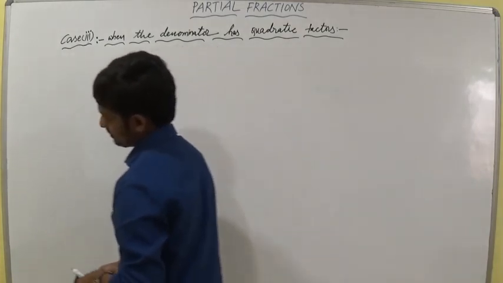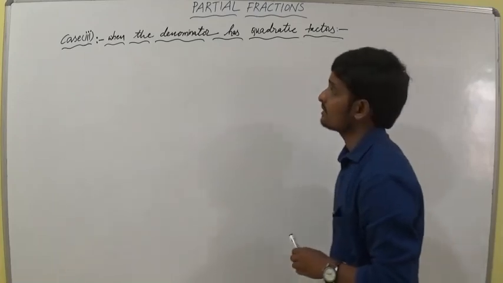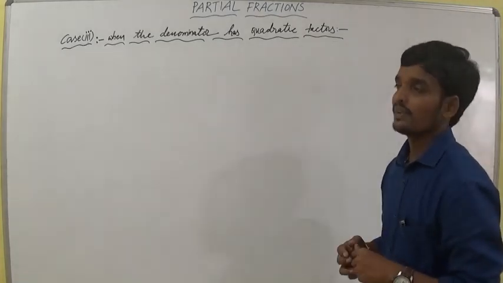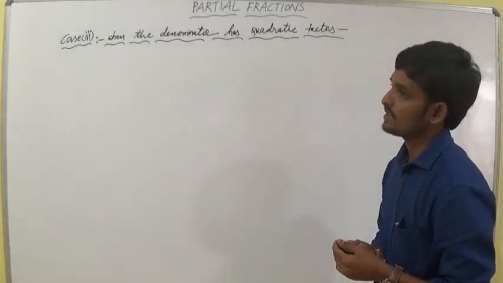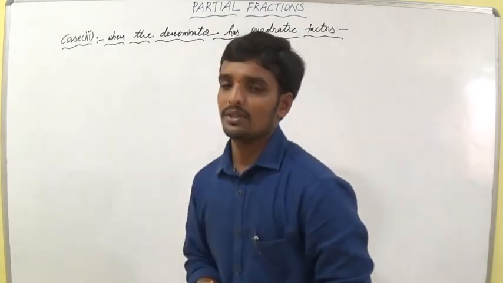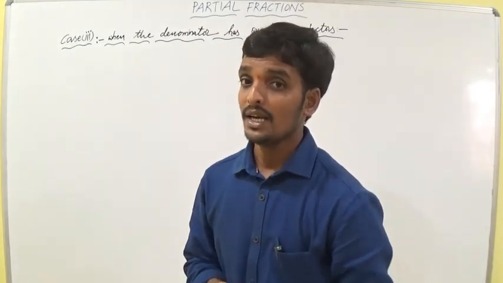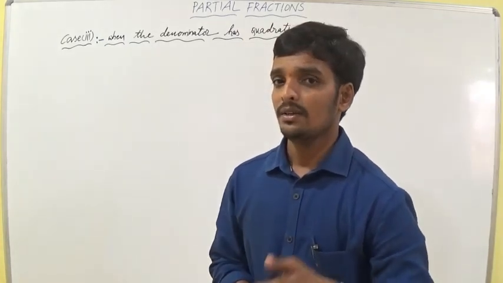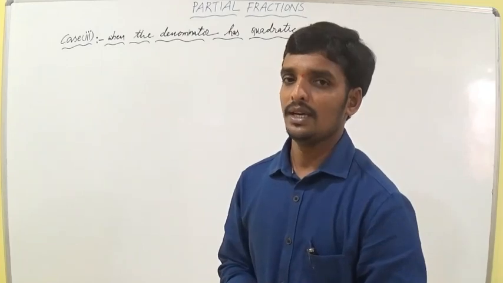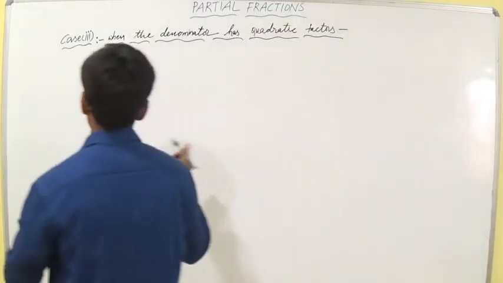Very easy. I will explain one thing. For example, ax square plus bx plus c is a quadratic equation. So their partial fraction form is f of x by g of x is equal to ax plus b by the quadratic ax square plus bx plus c. That is a linear factor, not a linear factor. If it has repeated linear factors, like ax plus b by x plus 2 or ax square plus bx plus c.